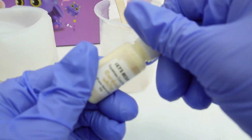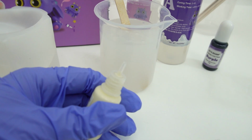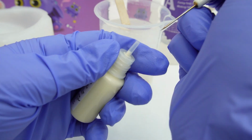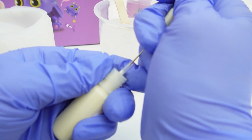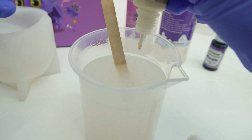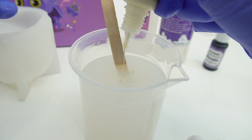Next, we're going to add some color. So there's this really cool cream color. It says it's called gardenia white. And you can cut the tip, or what I like to do is take one of these needles here and poke a hole through it. Let's start with 3 drops. Oh, this is very thick. 2,